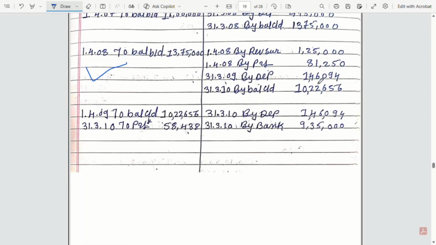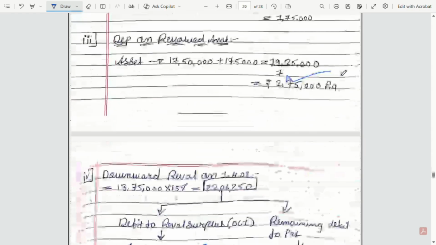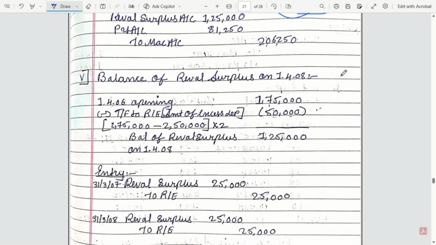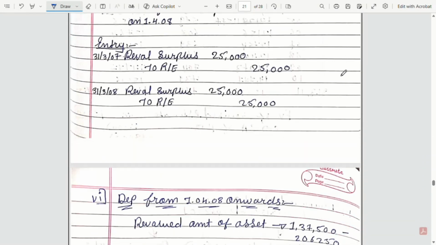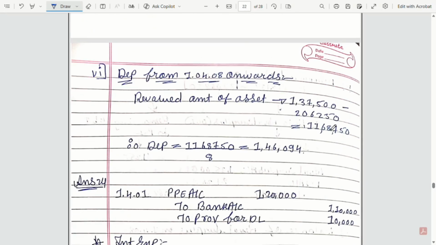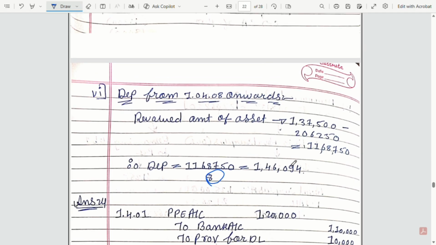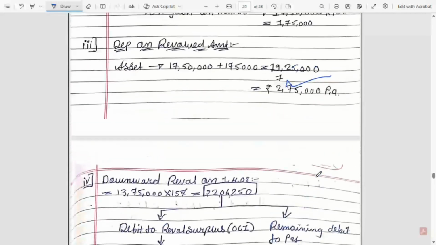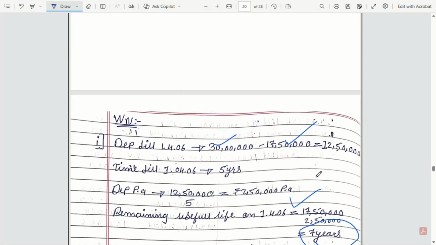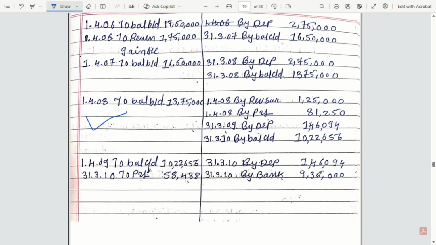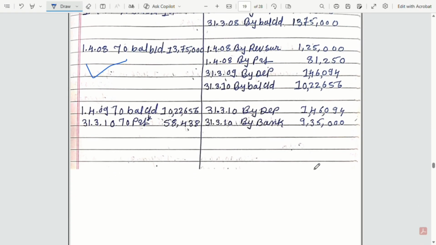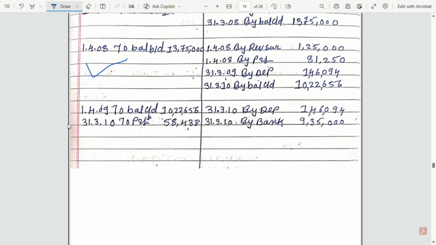तो ये हम लोग ने रिवैल्यूएशन सरप्लस में एडजस्टमेंट दिया, बाय पीएनएल करके हम लोग ने इतना पीएनएल को डेबिट किया, फिर वापस हम लोग डेप्रिसिएशन कैलकुलेट करेंगे। अभी देखो डेप्रिसिएशन जो है ये रहा, अभी रिमेनिंग यूजफुल लाइफ कितनी है, 8 years है, उस पे हम लोग डेप्रिसिएशन कैलकुलेट करेंगे। ओके, फिर 1 अप्रैल 2009 को भी क्या है, बैलेंस कैरिड डाउन, और रिमेनिंग जो अमाउंट हम लोग ने फिर सेल भी किया है,